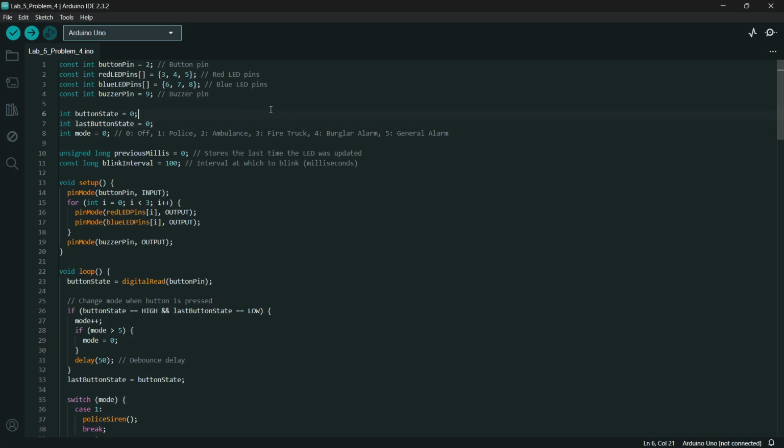The button state and the last button state are for tracking the button state. The mode is for the current mode, which is 0, 1, 2, 3, 4, 5. 0 is for off, 1 is for the police, 2 is for the ambulance, 3 for the fire truck, 4 for the burglar alarm, and 5 for the general alarm.